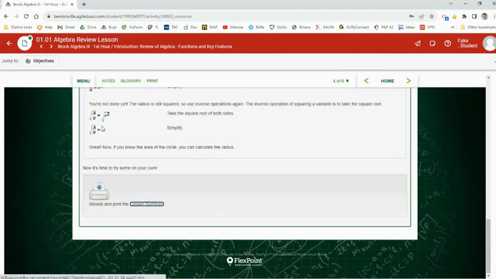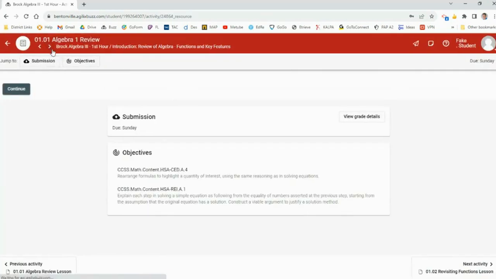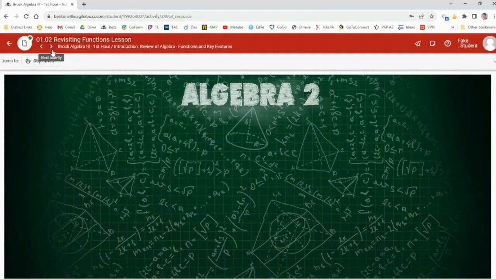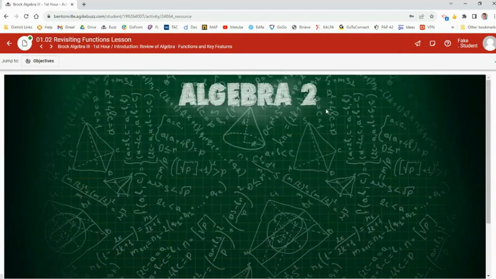So like I said, I'm not going to spend a lot of time on the first one. It's the second one I want to get to, because that was just a review. But let's talk about revisiting functions. Revisiting functions. All right, so with a function,